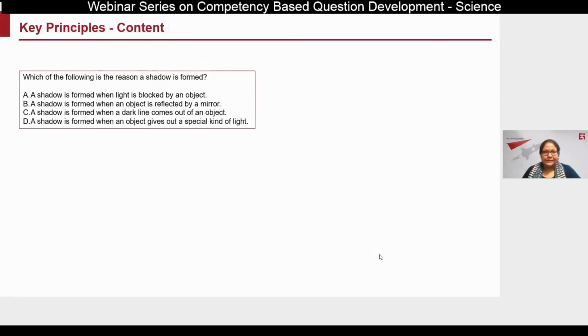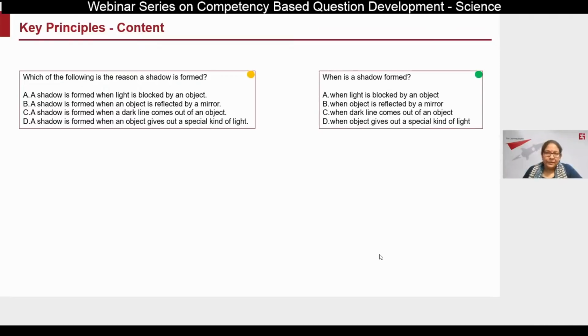Clear one correct answer. Okay, this is something, the reading load has gone up, plus the way it looks aesthetically also. If you see, this question has 1, 2, 3, 4, 5 words repeated across all 4 options. A shadow is formed when light is blocked by an object, and a shadow is formed when is repeated across options. The way I can design it can minimize it.